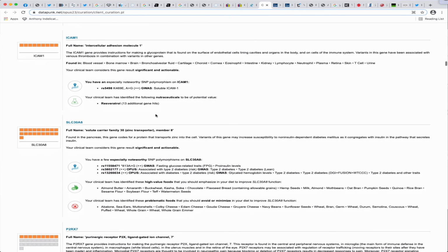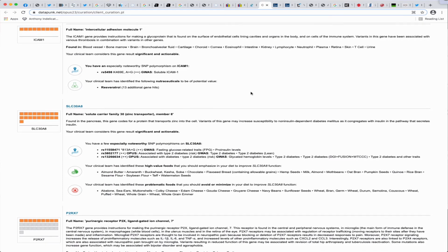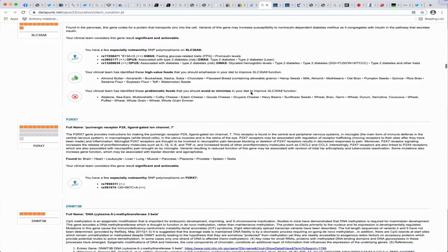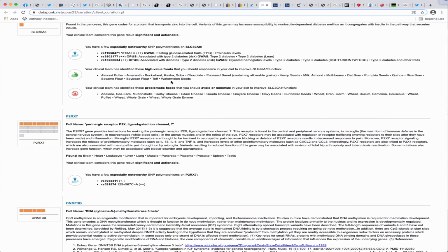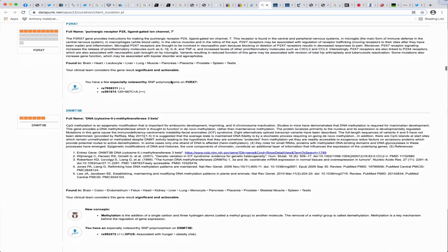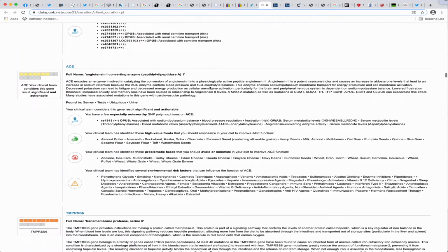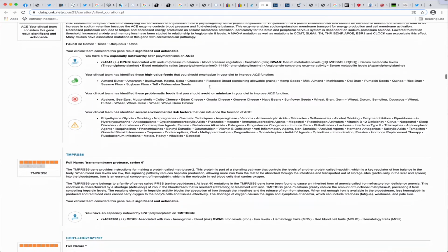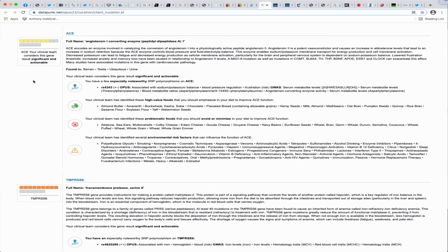Here you can see the integration of one of our curated natural products, resveratrol, was cross-referenced and found to be useful for a curated gene here. And we didn't have to do that. Opus does that automatically. And here, problematic foods or high-value foods. Again, so going through this, we see the need of